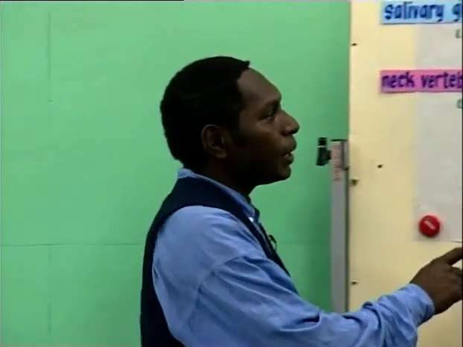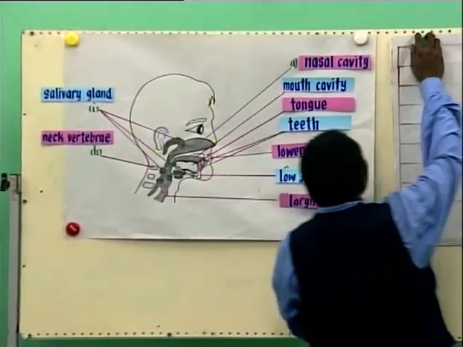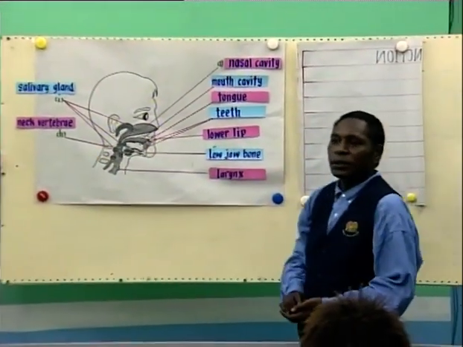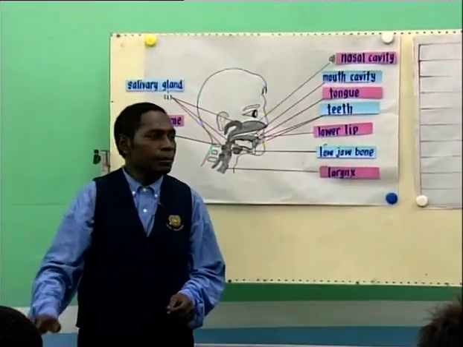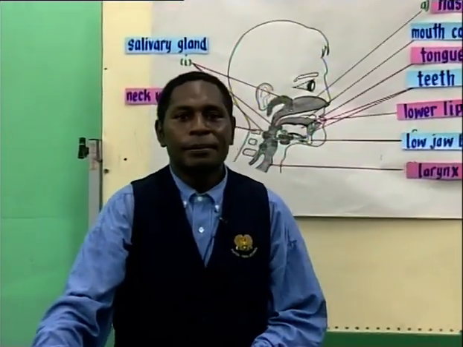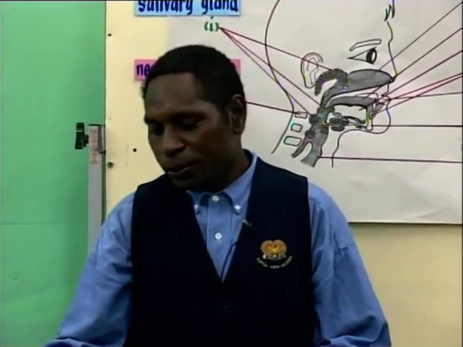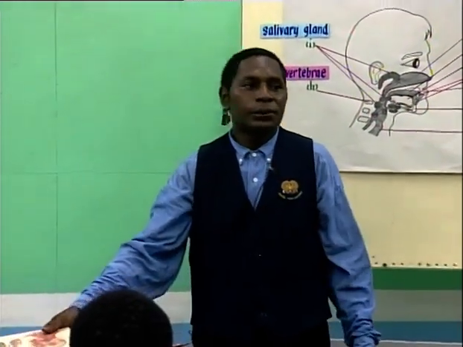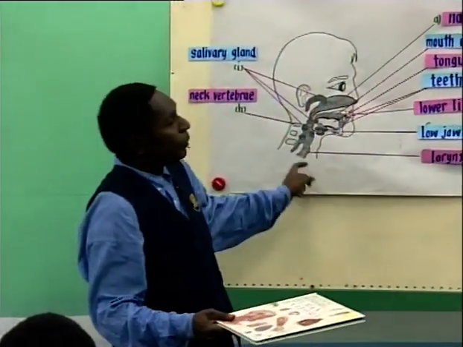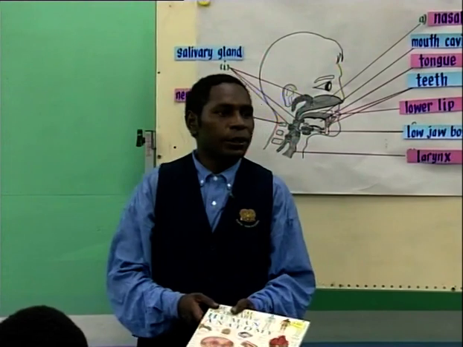Okay, so that is your diagram there. This is what you are going to do now together with your friends. You are going to see the mouth parts, which are already given, and you are going to write down their functions. Your friends in the model class will be helping you by looking for the functions in the books here. Can we have the group leaders? They will use these books to help locate the functions of the parts.